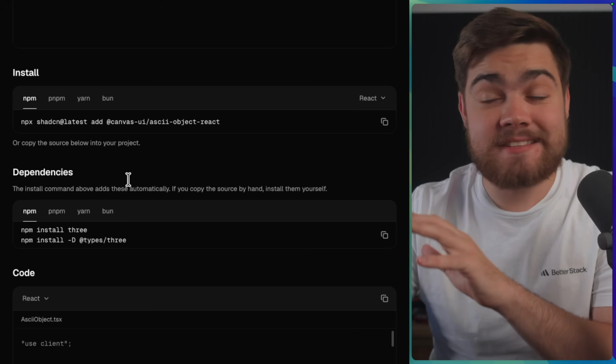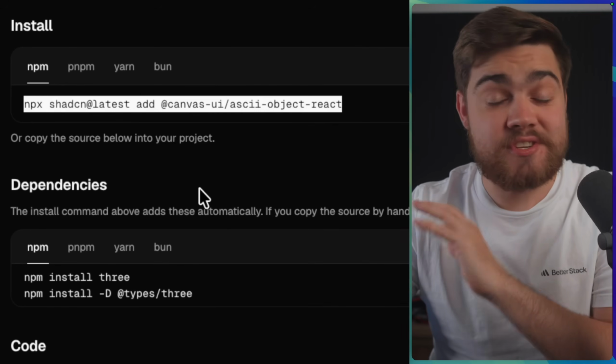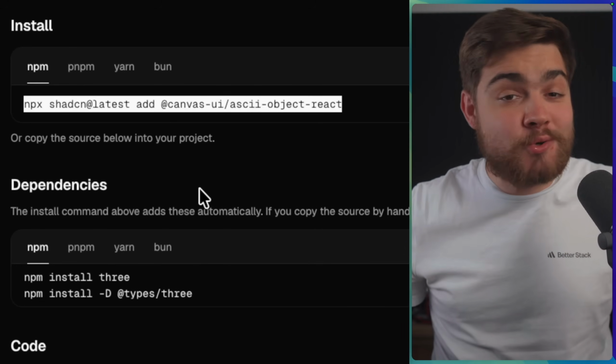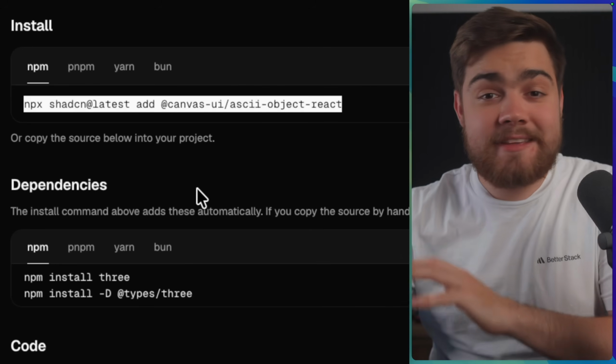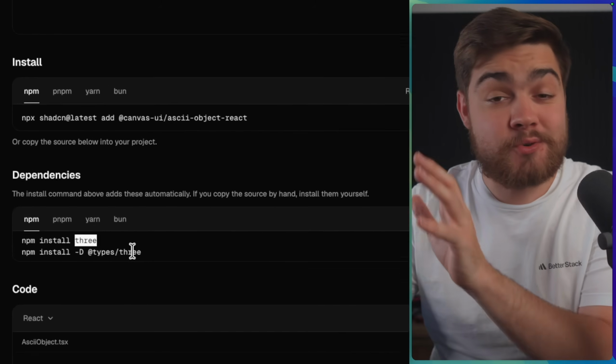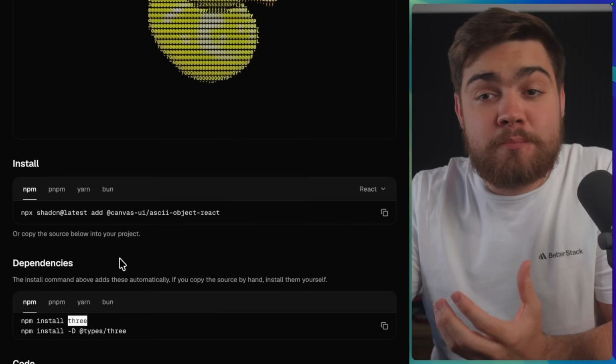Now, installing this, as I said, is super simple. You can literally just use the shadcn CLI, and this will add the code to your code base, so you can go in there later and ask Claude or something to change the model for you, and the effect should just work. It'll also install the dependencies for you like Three.js, which this component uses, and that's something important to know